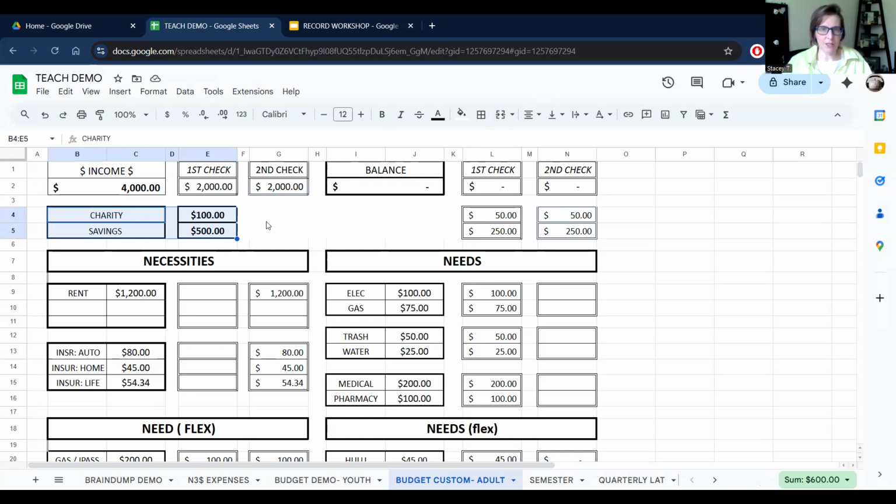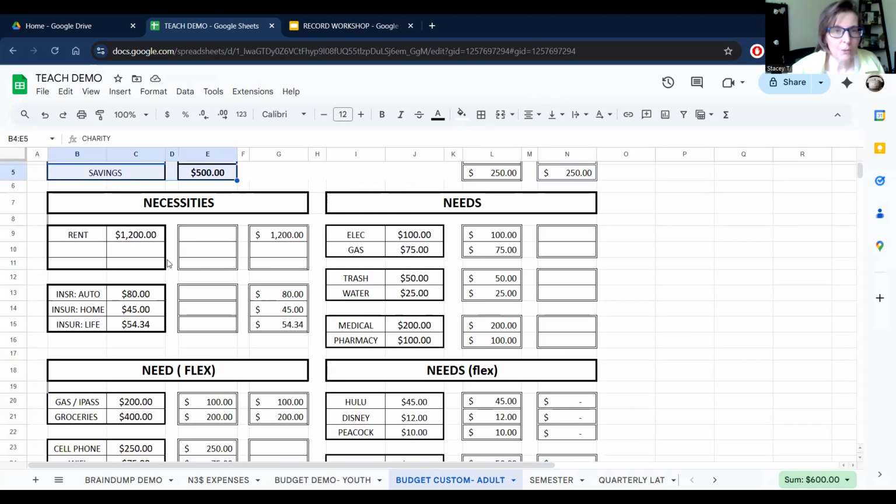But those two things should be, I'm not going to should on you. I'm so sorry, I shouldn't have done that. If that is your choice, if that is your lifestyle, if that is your priorities, then you keep charity and savings at the top of your budget.